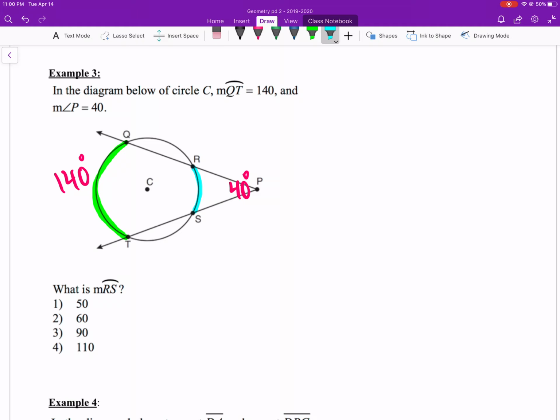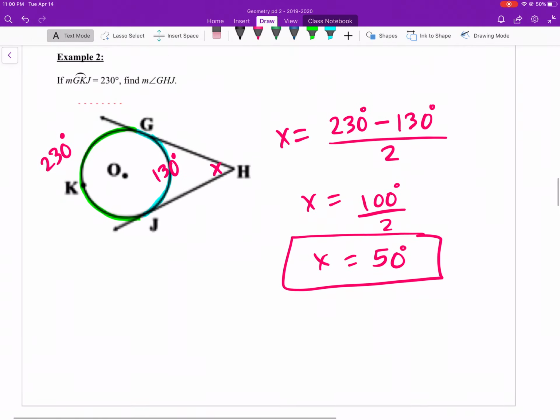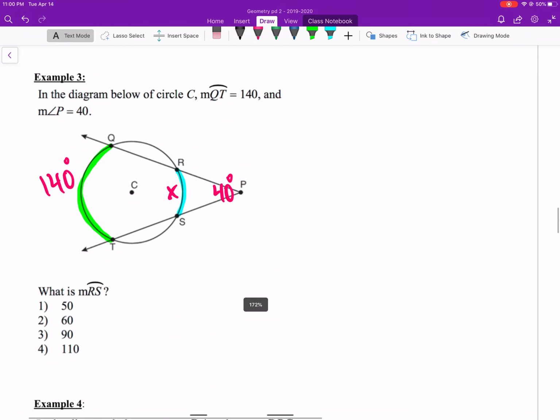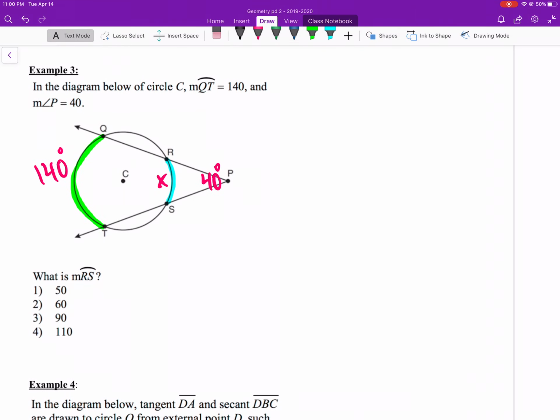Now, what is different about this problem? You're looking for the minor arc. Before, all we've worked with is find the exterior angle. Here in example 3, you're finding the minor arc. You're given the major, you're given the exterior. We have to find that smaller arc. So just set it up just like you would normally. The exterior angle, which we used to be writing x equals, now we're writing the exterior angle, which we know is 40, is equal to the major arc, 140, minus the minor arc, which is now x,